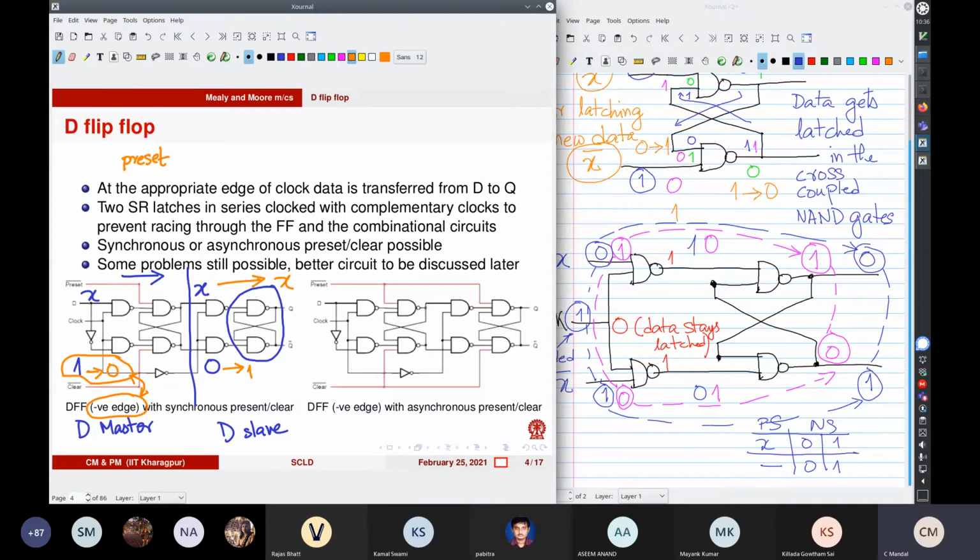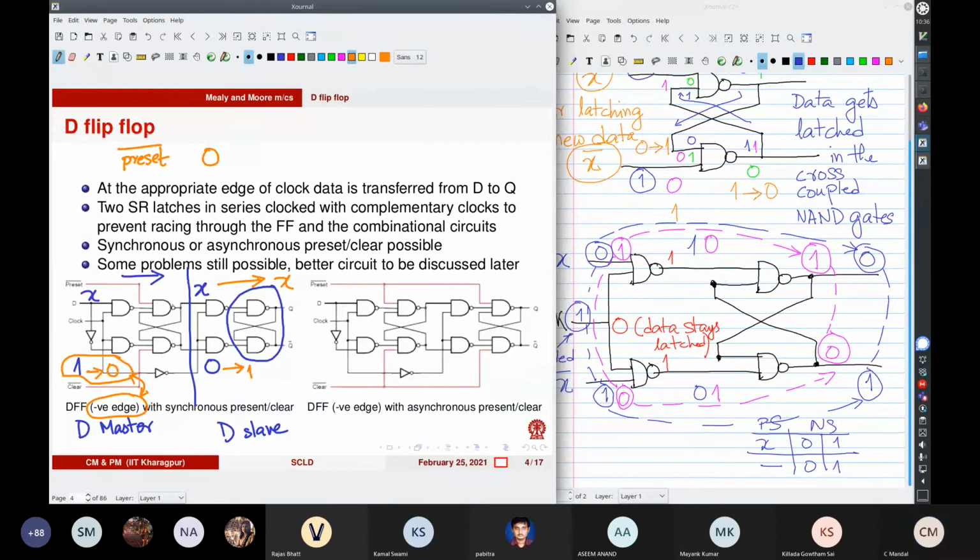In that case you could say that when the preset bar is low, in other words, when preset is high, so when preset bar is low, this